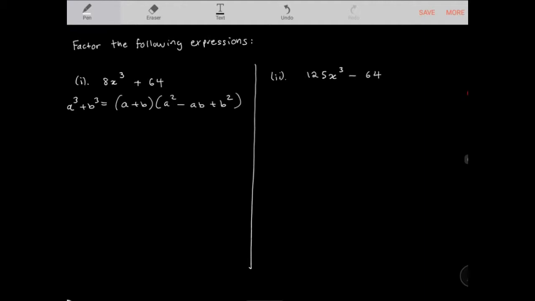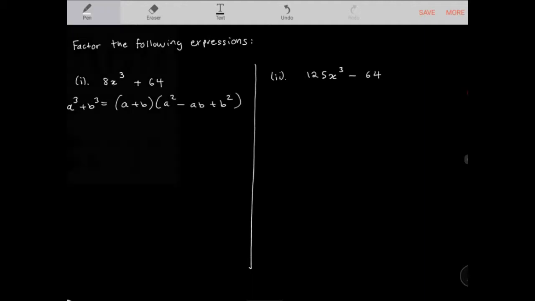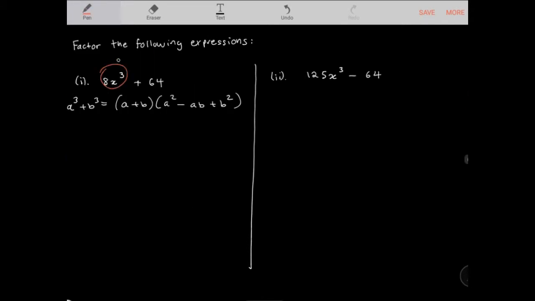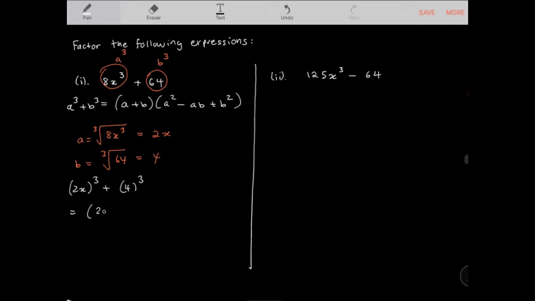Okay, so in this scenario, I'm going to look at my a cubed term, which is 8x cubed. So this is a cubed, and my b cubed term is going to be 64, right? So a here is basically the cube root of 8x cubed, which is 2x, and in this case my b term is the cube root of 64, which is 4, and in this scenario I'm going to rewrite this as (2x) cubed plus 4 cubed, and once I use the template I get 2x plus 4 times a squared,